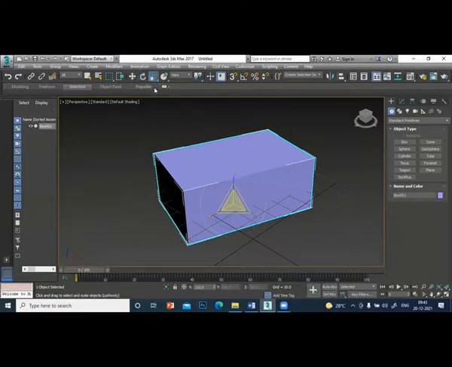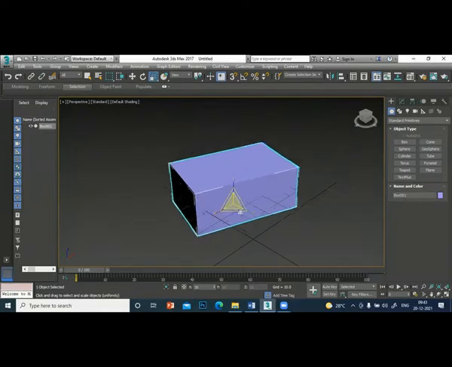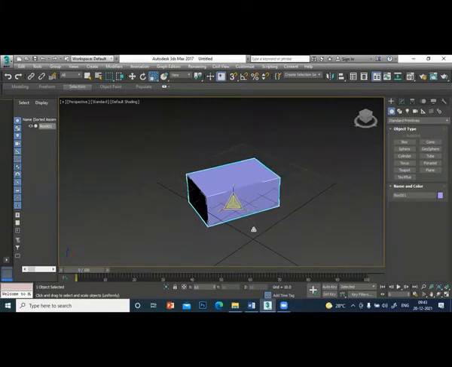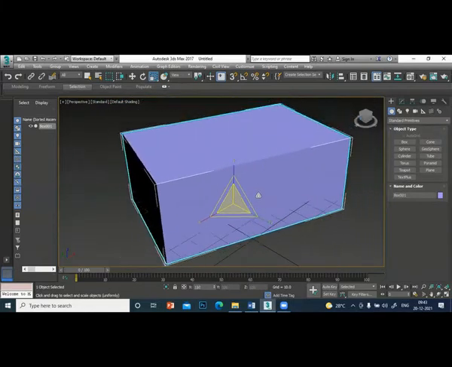So this is the uniform scale. Uniform scale means it scales all the directions at the same time. You can look here, X, Y, Z. When I use the uniform scale and scale it, you can see that it is changing all the values X, Y, and Z, making smaller, making bigger. Clear?